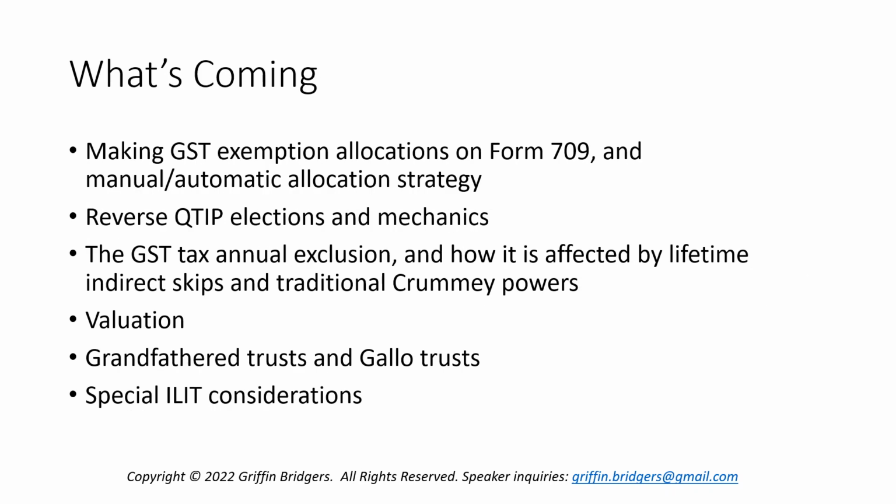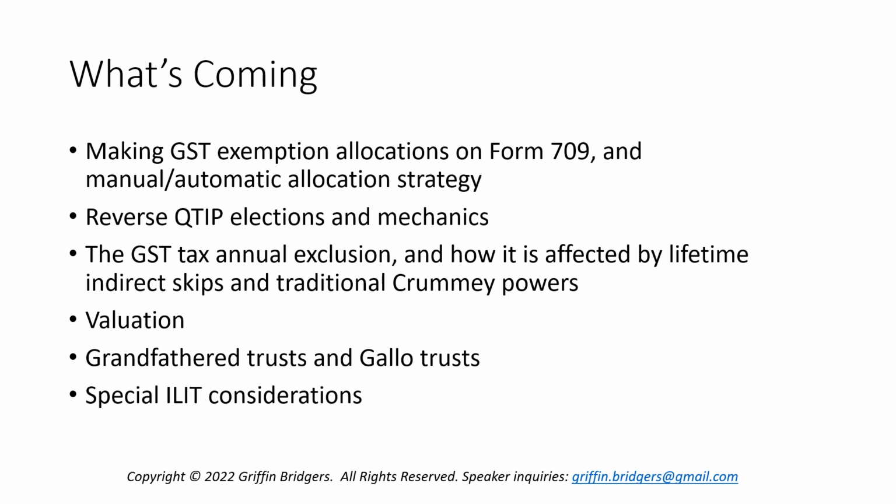So that's the ETIP in a nutshell. There's more nuance to it than that, but we're not going to muddy the waters and dive into that anymore. Instead, we're just going to tee up for some future discussions. Coming down the pike is going to be a long series on gift tax reporting, the GST exemption allocations on Form 709, and the manual or automatic allocation strategy. And peppered into that would be special considerations for certain types of trusts, like we just talked about a GRAT or a QPIRT. Also, an ILET may have special considerations, but the ILET will be tabled until later on